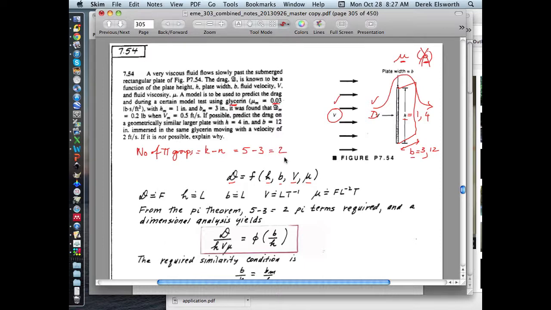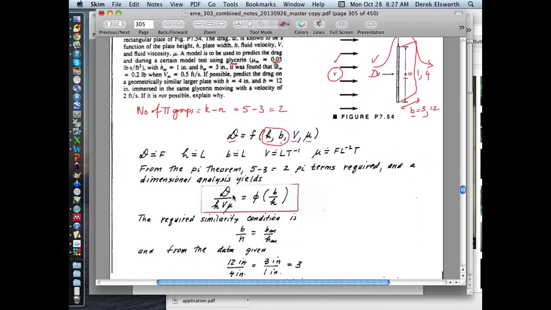So we know there are 2 groups. You don't know this, but with experience you would. If you see 2 simple parameters, the 2 length dimensions here are probably going to be one of the parameters. And so if that's the case, then you could combine the others in some way. You could do it using Buckingham pi, or you could do it by inspection, just by making sure that these things make sense. And in this particular case, you could show that the group that would come out of this